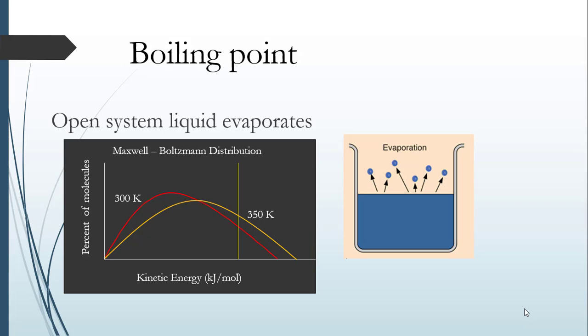If you raise the temperature, you see that the area under the orange curve is greater than the area under the red curve, which means you've got a higher percentage of molecules that have enough kinetic energy to form a gas. So now, if you take that pan of water and you put on a cover, you now have a